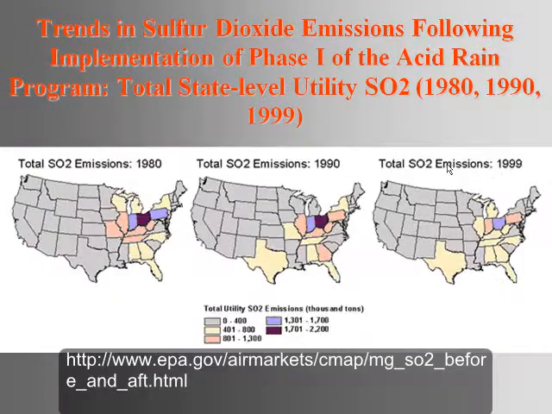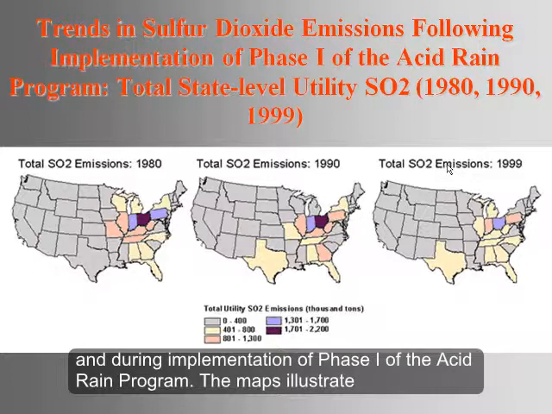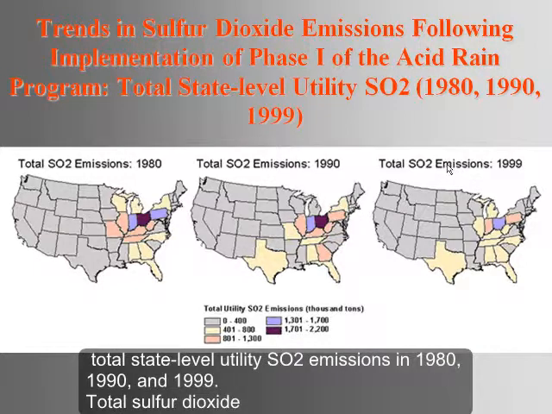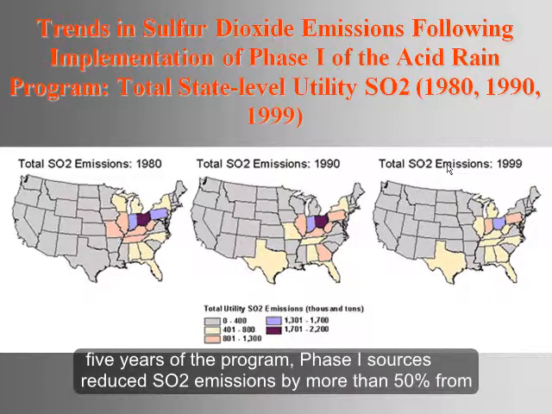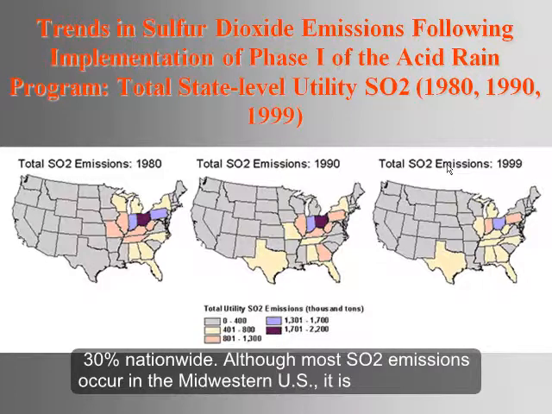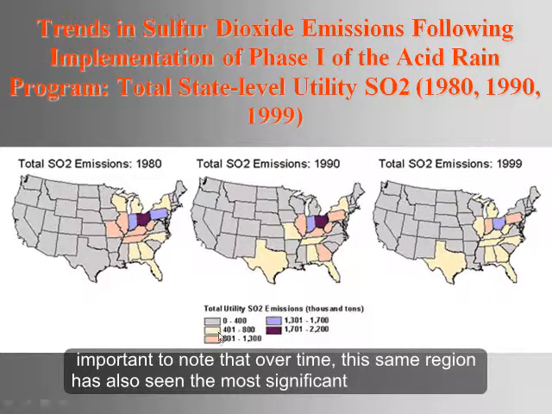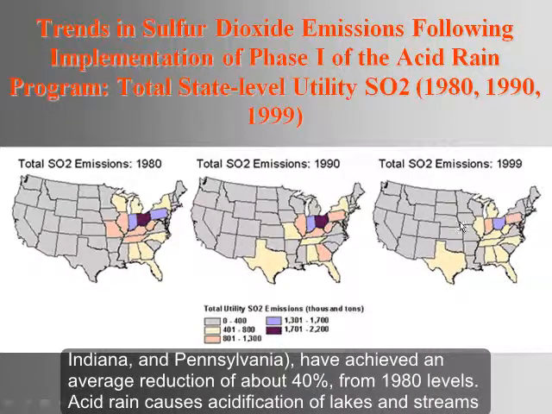Same graph. Okay, so the sulfur dioxide emissions after the acid rain program. So we see it from 1980 to 1990 to almost 2000. We see significant drops in emissions, which is really good. We see a whole lot more of the yellow to gray as opposed to the dark red that we saw there. So that's a